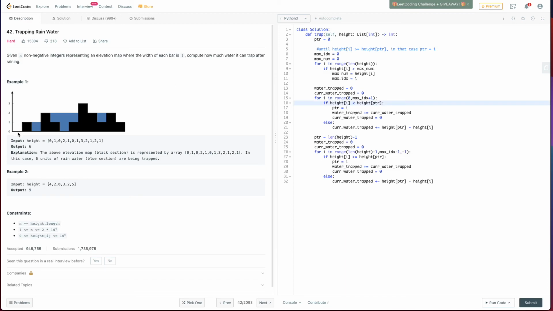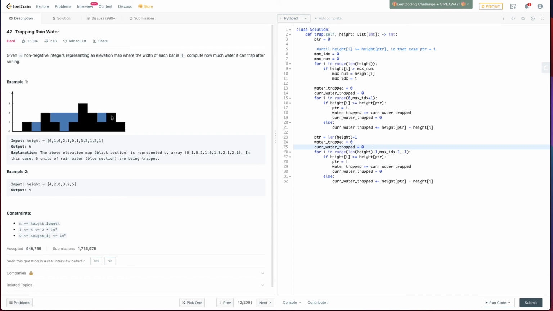Not greater than. Because if I is greater than, then we don't trap anything. It's only lower than. So it's a bug there. So here, if I is higher than that, then actually no. Yeah, if it's higher than this, then we don't do anything, and if it's lower than it, then